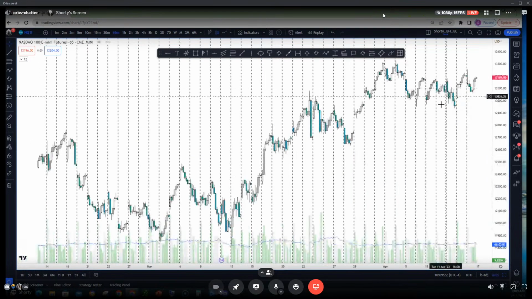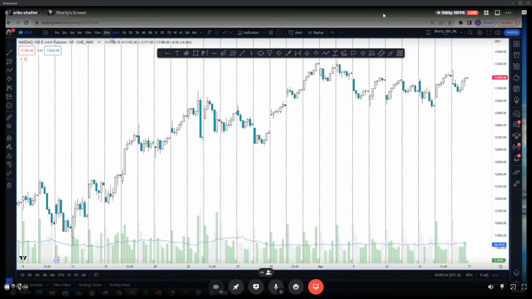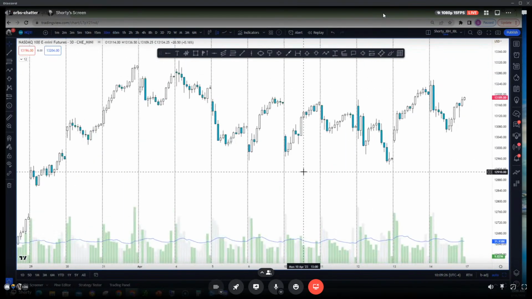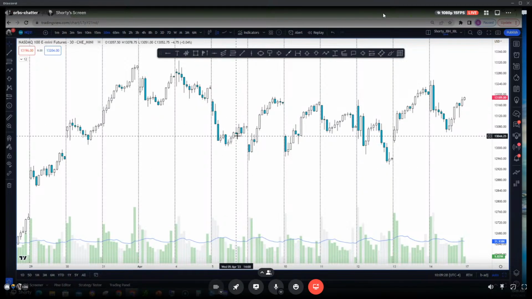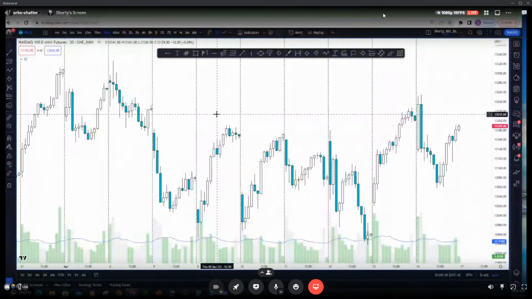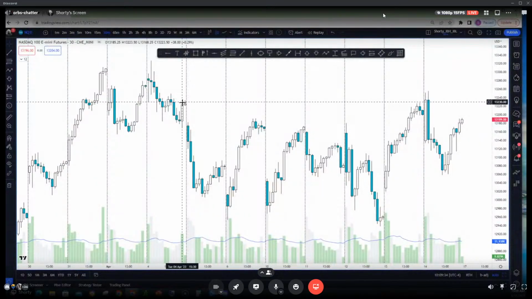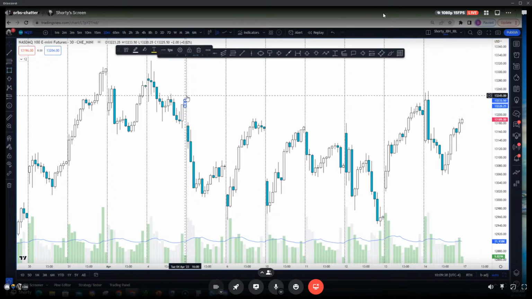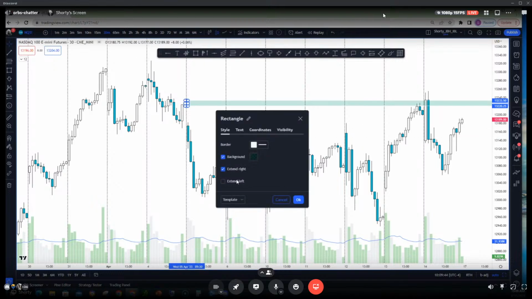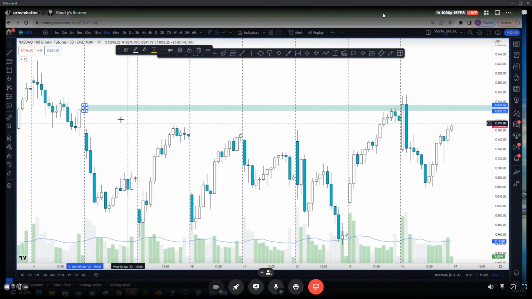I do suggest, if you're more risk averse, use 30 or 15 minutes to find these imbalanced candles, so that way you know what the hell is going on. So if you look, for instance, here, unfortunately there's a gap down here, but here's this candle. From this candle to up here, let me just extend this to the right. Look what happens here.